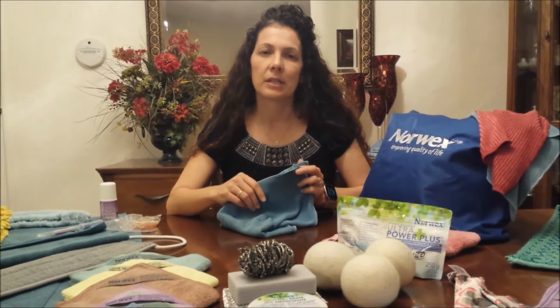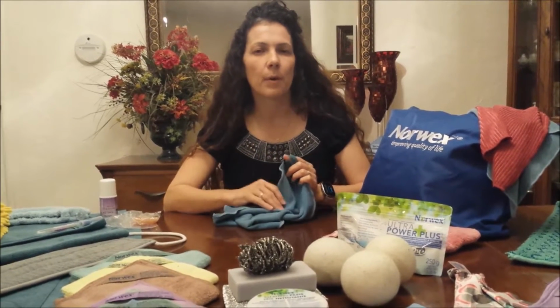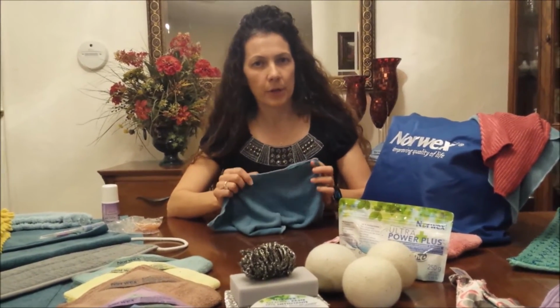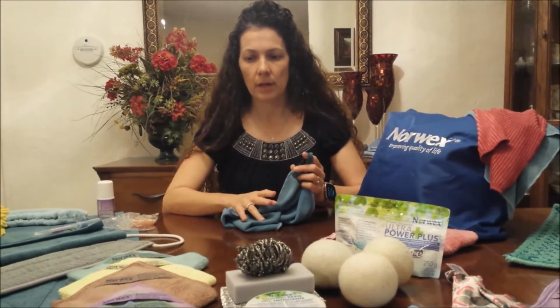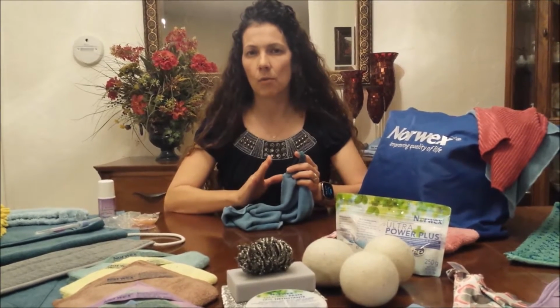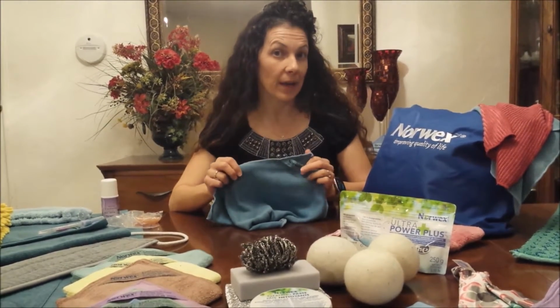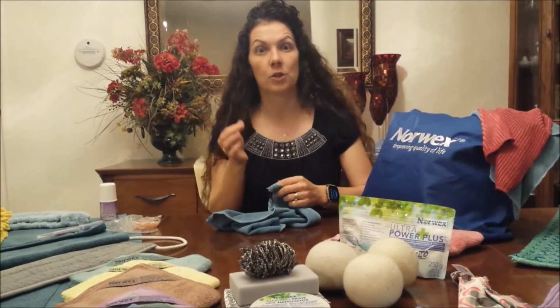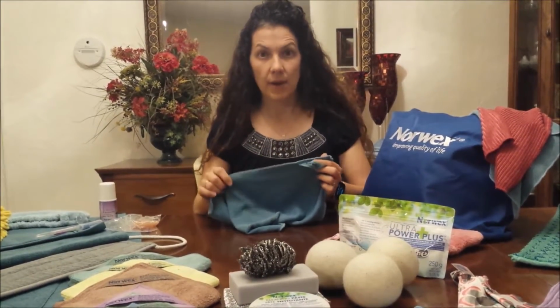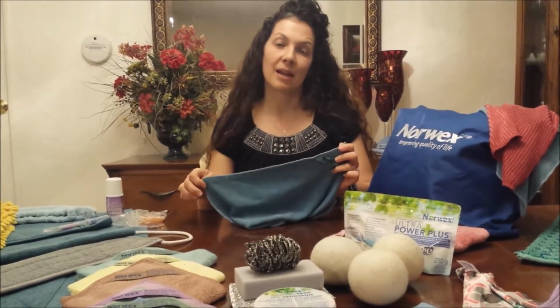Microfiber has been gaining popularity here as of late, and you can find it pretty much anywhere. But what makes this microfiber cloth superior to all other microfiber cloths is that to be considered microfiber, the fiber has to be 1/6 of a human hair, so you have to split it 6 times. But with NORWEX, their microfiber is 1/200 of a human hair. So if you took your hair and split it 200 times, that's how ultra fine this fiber is. If I were to unravel this Enviro cloth, it would stretch from Canada to the Gulf of Mexico,